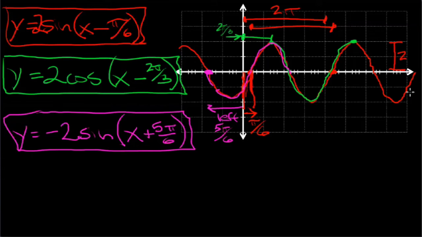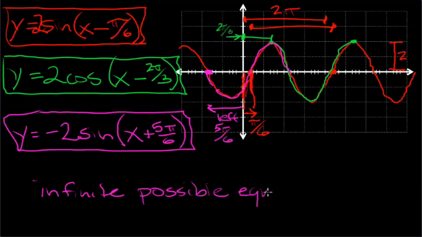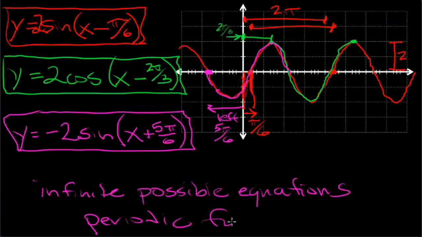So there are many different possibilities, infinite possible equations. And that's what's going to happen anytime you have a periodic function. Anytime you have periodic functions, there's an infinite number of ways to write the equation just by shifting